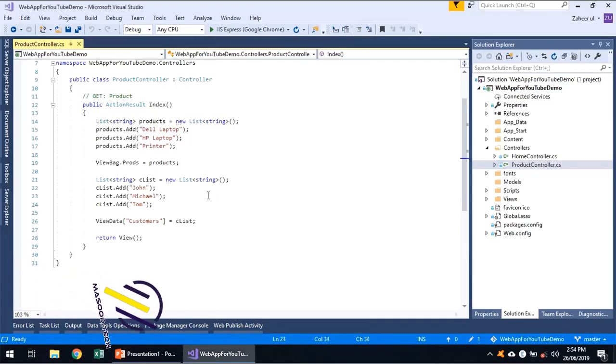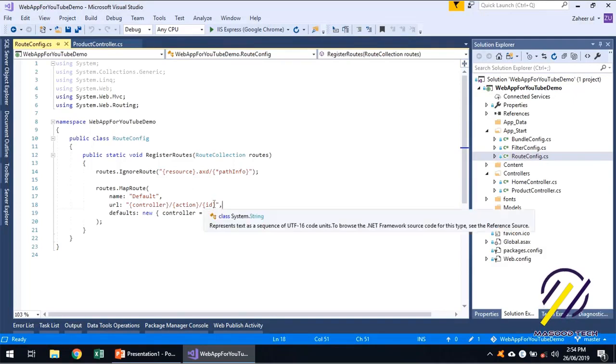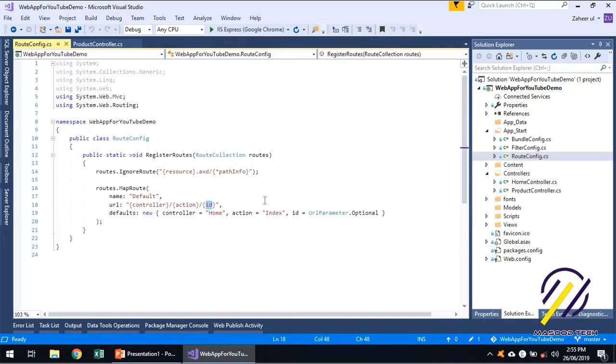Hi. One important aspect of ASP.NET MVC is query string. How we receive data which is sent from a query string, and where do we get it? Definitely the pattern is controller and its action. And if you go back to the route configuration, we have a third option, which is an ID. So if we do the slash and send some number, that would be received as an argument in that